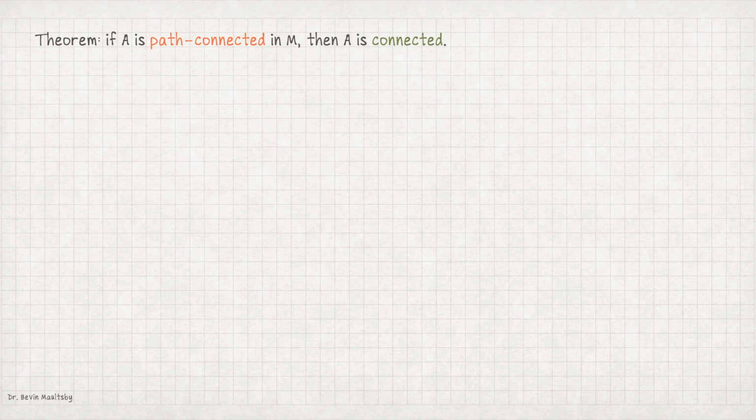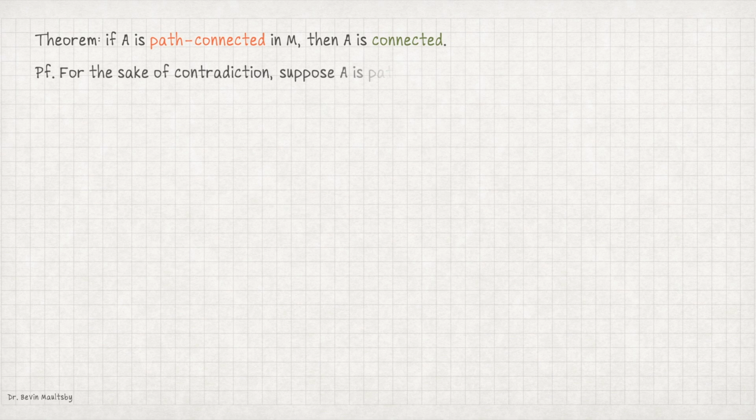Therefore, if you prove that a set is path connected, you actually prove two things, that it's path connected and also connected. The converse, as we will see with our concluding example, is not true. A set may be connected but not path connected. Once again, like we did before,